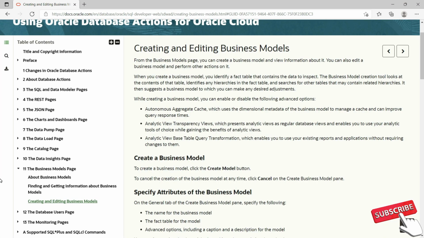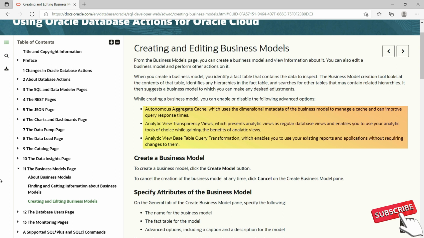While creating a business model, you can enable or disable the following advanced options. Autonomous aggregate cache, which uses the dimensional metadata of the business model to manage a cache and can improve query response time. Second, analytic view transparency view, which presents analytic views as regular database views and enables you to use analytic tools of choice while gaining the benefit of analytic views.